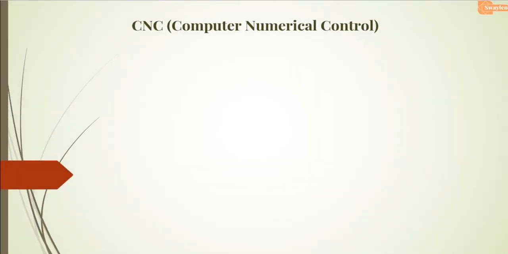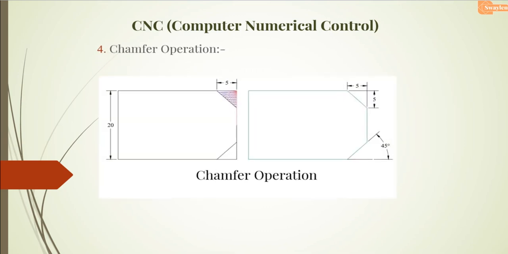You will see in chamfer operation, this is the image of chamfer operation. You will see the 20 diameter and the overall length is 30. Now you will see the chamfer value is 5 by 5. Otherwise you will say the 5 length and 45 angle chamfer is here.